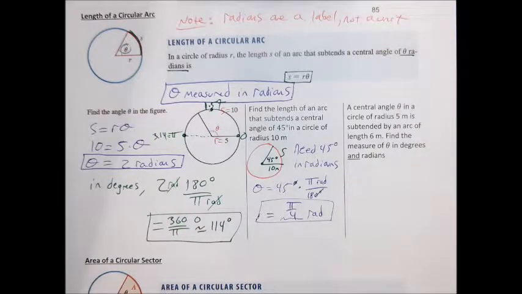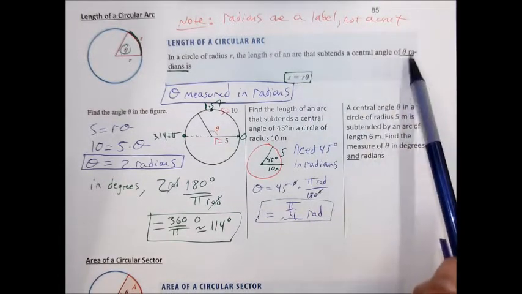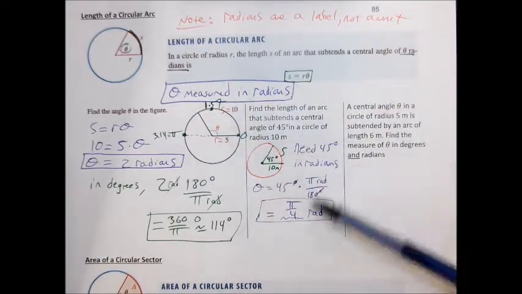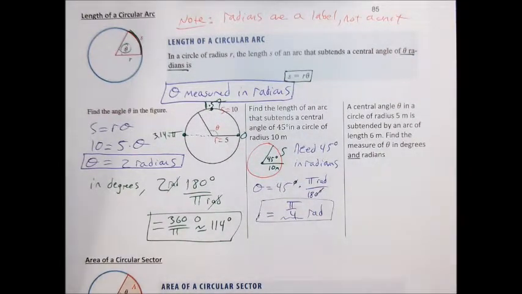Maybe I'm missing something. I'm a little confused because why wouldn't you use that formula to solve it? We will. We're going to use it, but in order to use this formula, theta needs to be in radians. Okay. And so we're just taking 45 and putting it in radians first, and now we're ready to plug it into